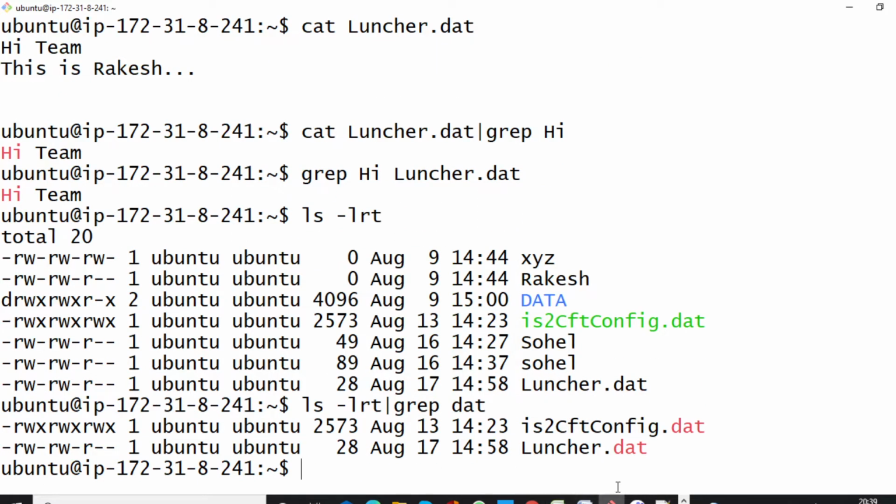Here you can see, whatever file names contain that pattern, it is showing.